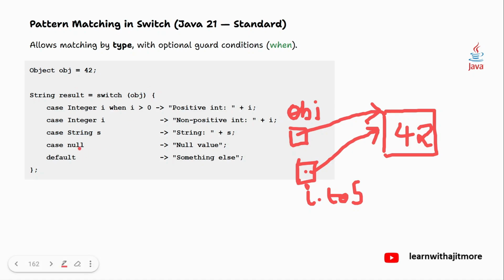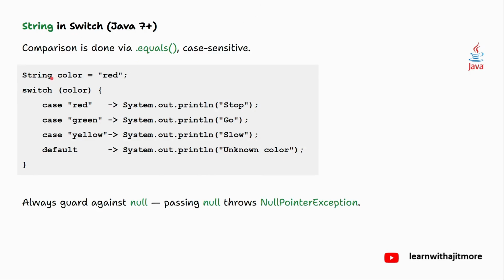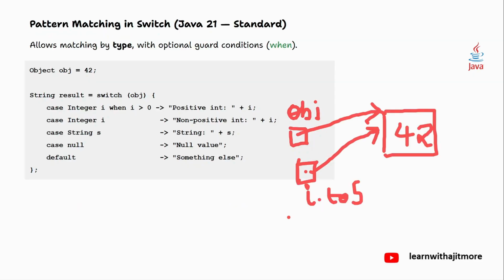अगर ऑब्जेक्ट में नल है, तो केस नल, दिस इज मोर बेनिफिशियल कंपैरेटिव टू, अभी थोड़ी देर पहले मैंने बताया था ना, जब हमने स्विच केस फॉर स्ट्रिंग लिया था, भूल गए क्या, स्विच केस फॉर स्ट्रिंग, तब मैंने बताया था ना, अगर ये नल है तो वो इक्वल्स कॉल करता है ना, तो इट विल थ्रो एक्सेप्शन, नल पॉइंटर। वो प्रॉब्लम इसमें नहीं आएगा, दैट प्रॉब्लम वोंट कम, बिकॉज डायरेक्टली केस नल ऐसे मैच कर सकते हैं। सो अगर ये ऑब्जेक्ट में नल है, तो ये इसके साथ मैच होगा, तो वो नल वैल्यू रिटर्न कर रहा है जो रिजल्ट में आ गया। अगर ये किसी भी तीन ऑब्जेक्ट से नहीं मैच हो रहा है, इंटीजर, स्ट्रिंग या नल, देन डिफॉल्ट आएगा, और ये जो समथिंग एल्स वो इधर आ गया।